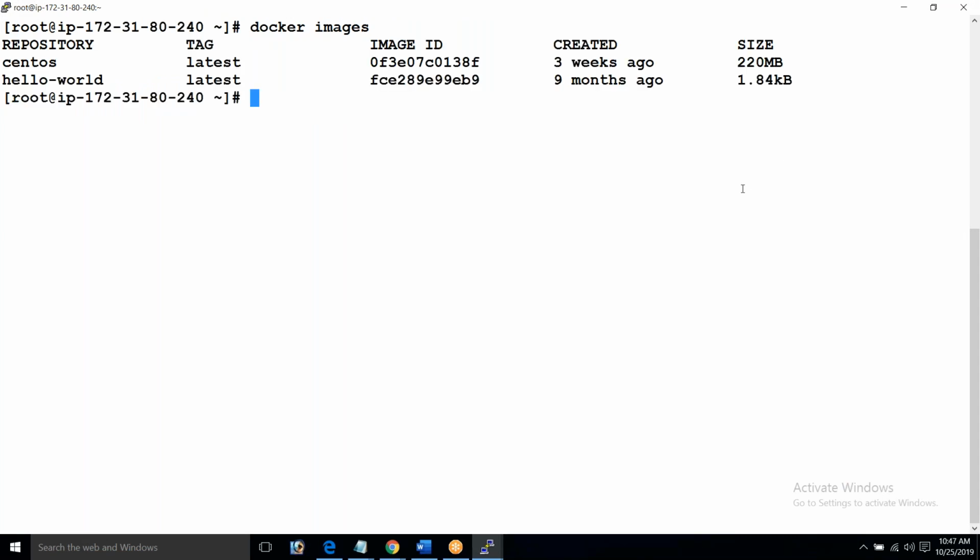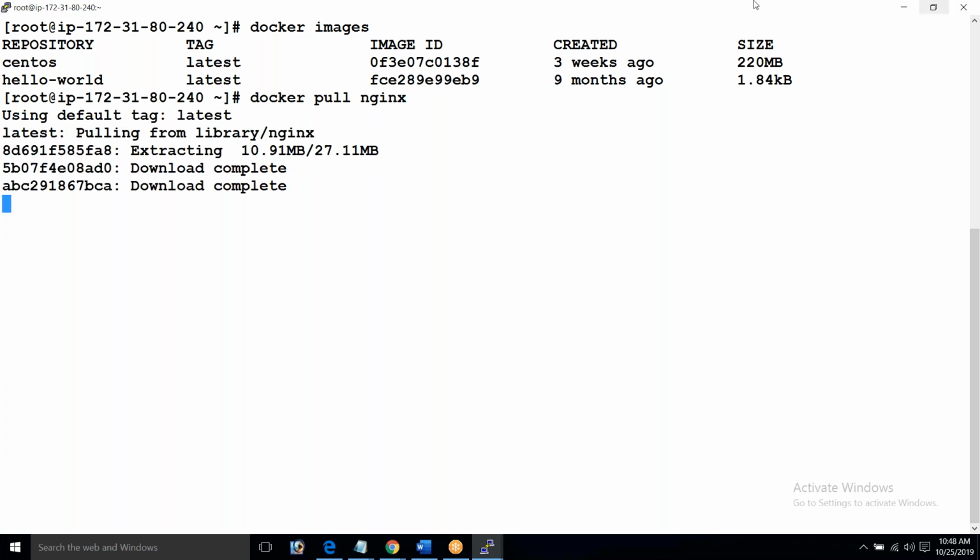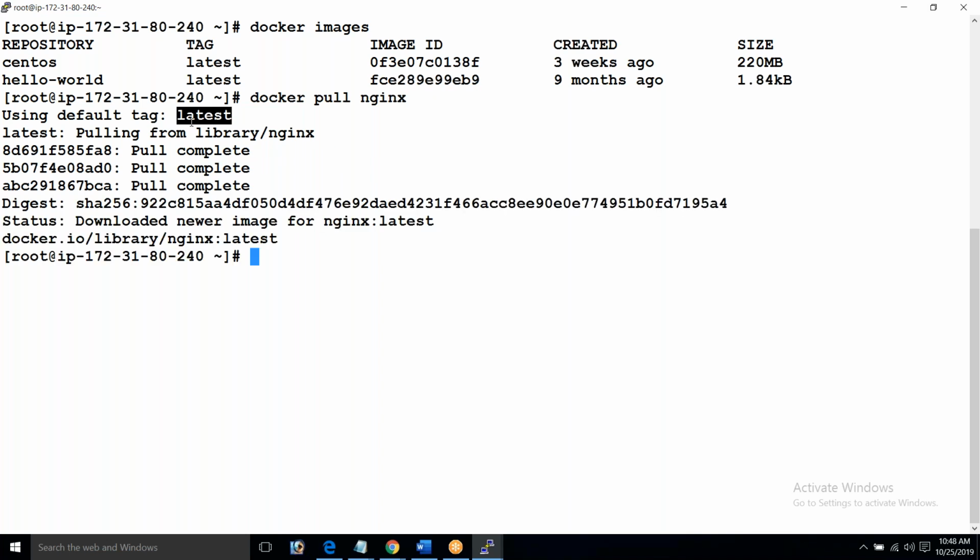Docker pull followed by nginx. If I don't give any tag, what will happen? It will download the latest version. See, the tag is what? The default tag. My image has been downloaded.